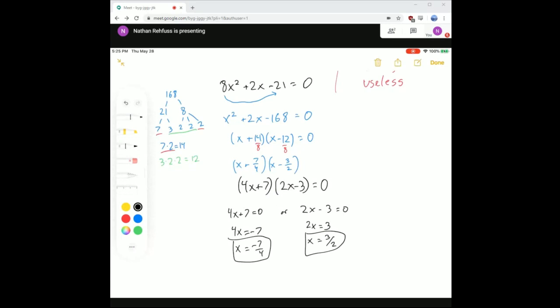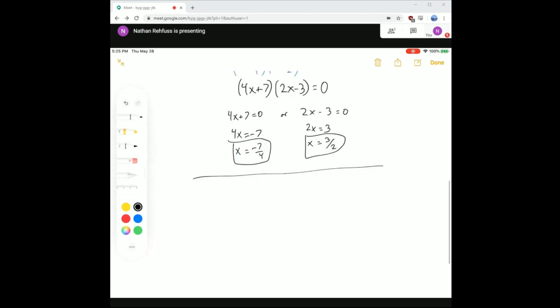Well, let's do one more of these. If I said x squared minus 9x equals 0, what I'm going to factor out here is the greatest common factor. So x times x minus 9 equals 0, because x times x is x squared, and x times negative 9 is the negative 9x. Over here, we can see from the pattern from before, that's going to be the root